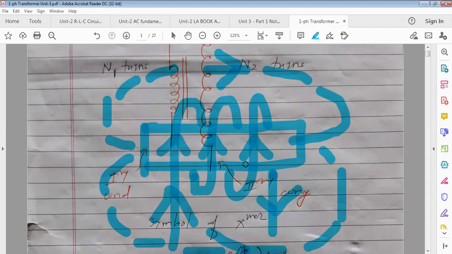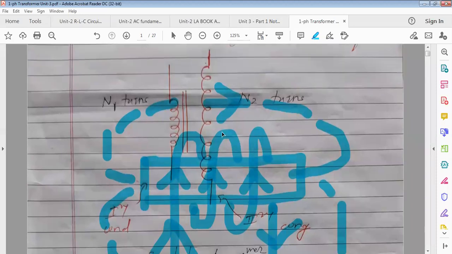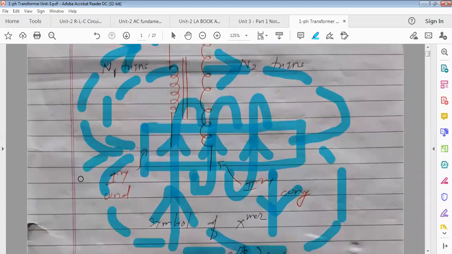Right? They start from north and they move towards south, and they can complete their path through the magnet also, isn't it? While moving from north to south, they prefer the minimum opposition path. They move like a stretched rubber band, and this total number of magnetic lines of force we call a magnetic flux, which is denoted by phi. Unit is Weber. Then we can say here magnetic field is produced around this electromagnet, isn't it? Okay, so now can you tell me which pole will act as a north pole, left side or right side?